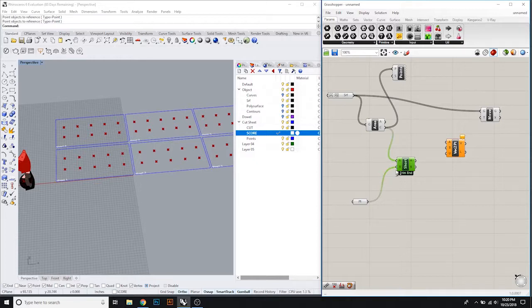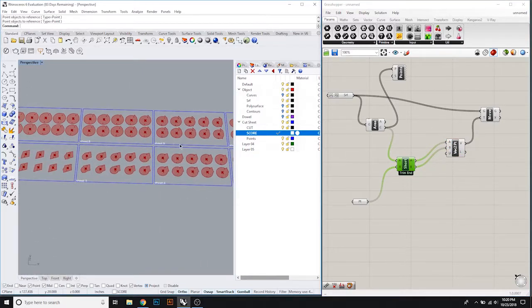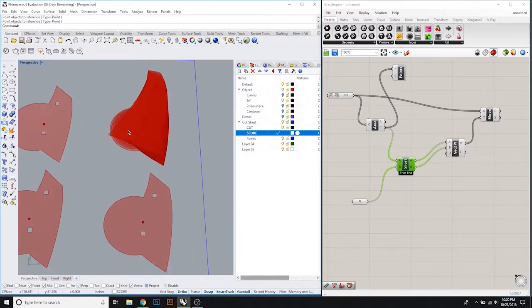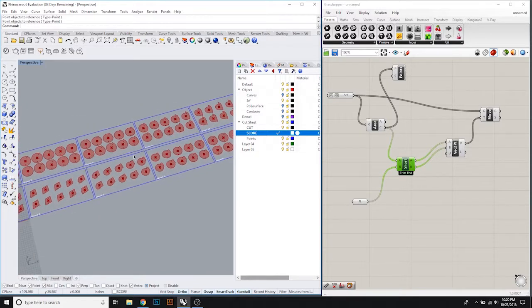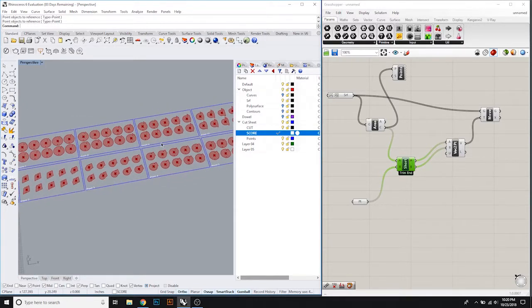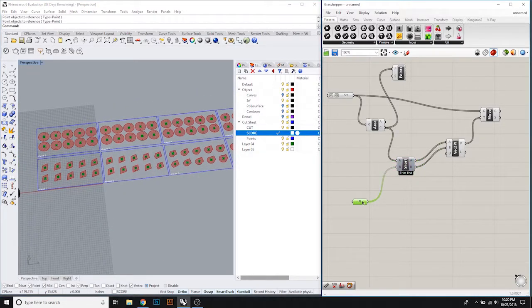So if I plug this in, what happens is at the end, the last 28 surfaces get mapped to the last point. So this is a problem because I can't have two surfaces in the same spot. So in order to do this, I have to